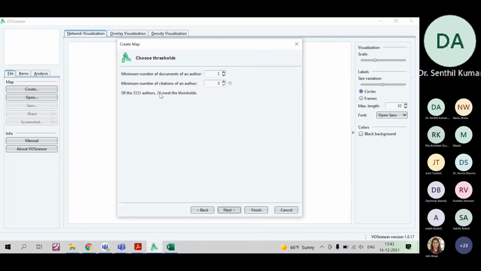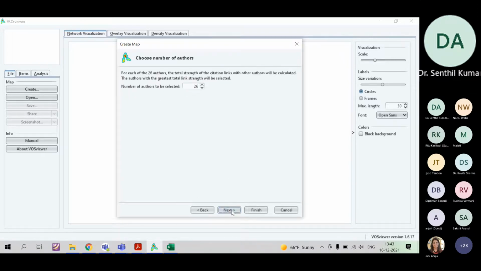If you want to increase or decrease this, you can go to the criteria. If I increase this from 5 to 6, only 11 records will come. If I decrease it, further decrease it, it is increasing. The number of documents that meets the threshold of 4 is 50. So here you should look and observe once before moving to the next.